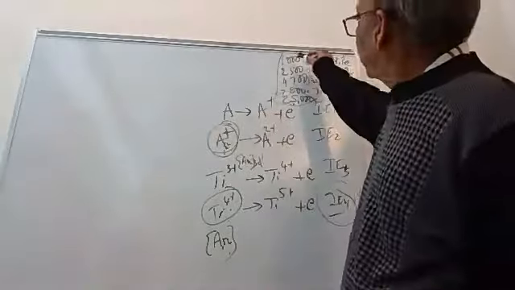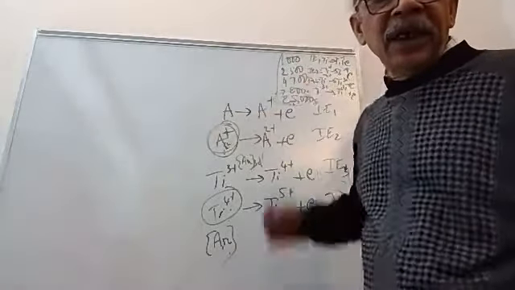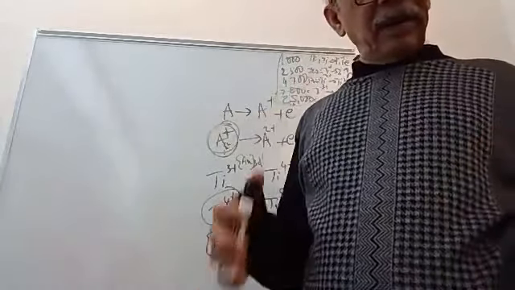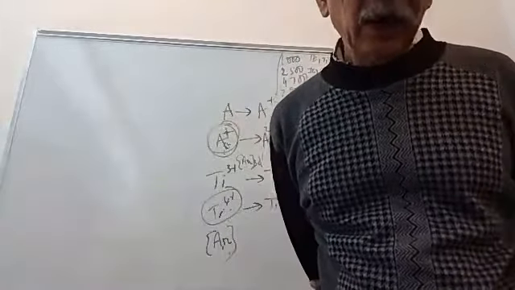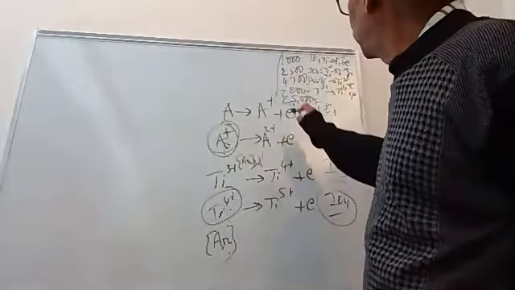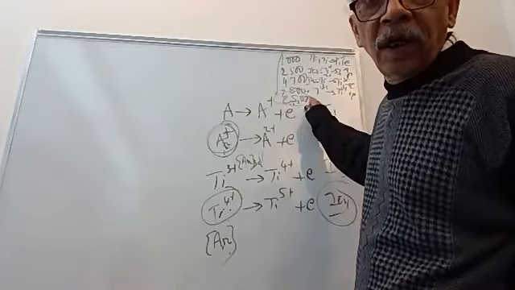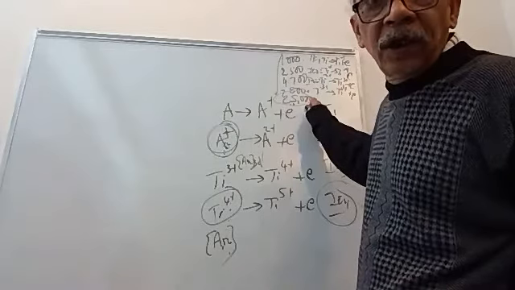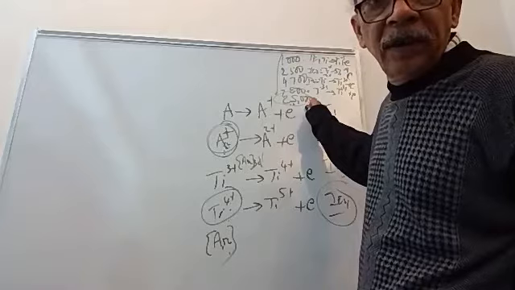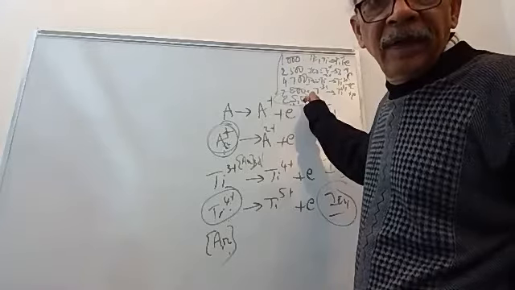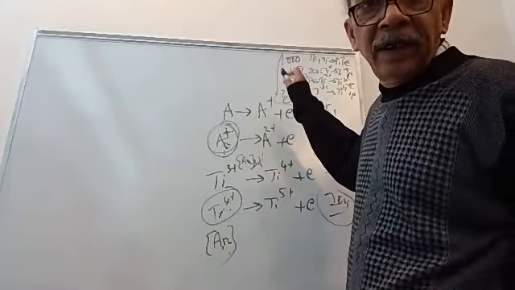So sometimes in the exam, we give you these numbers and tell you which element it might be. So when your fifth ionization energy is large, then you know